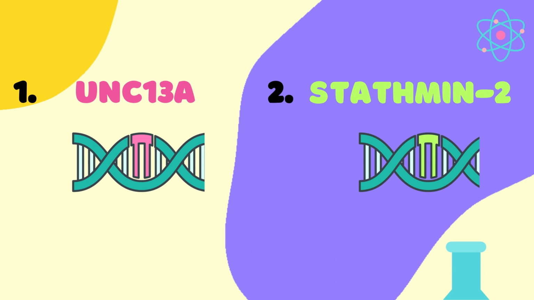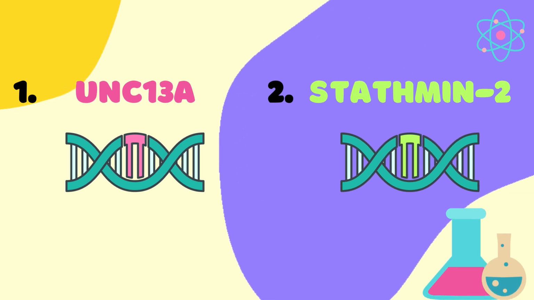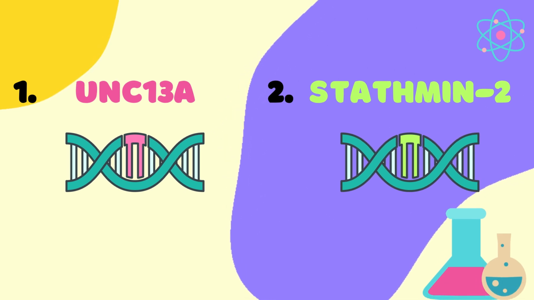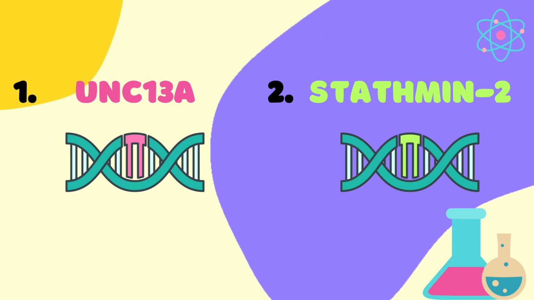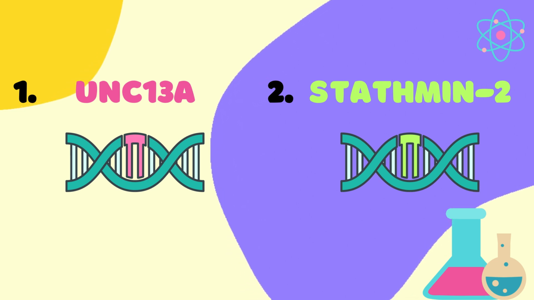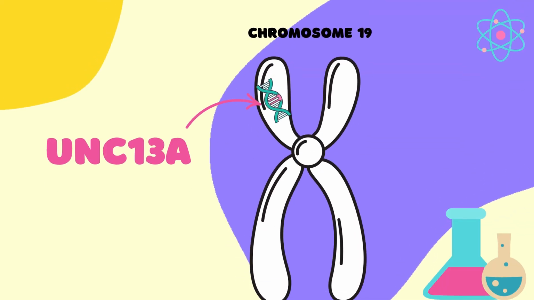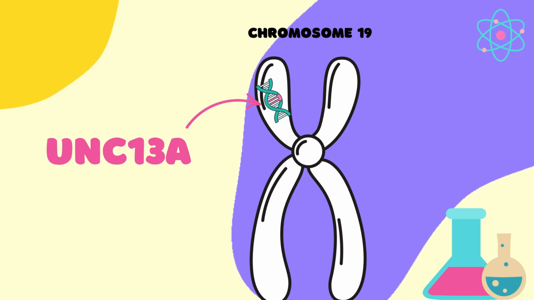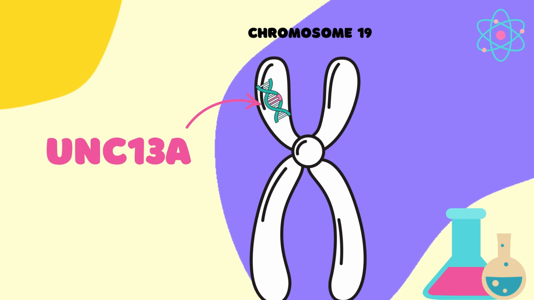Now, I wanted to briefly talk about two final genes, specifically UNC13A and STMN2 (stathmin-2), which are currently a hot area of research. Scientists are actively studying these genes and developing potential clinical therapies based on their roles in ALS. The first gene is UNC13A, which is located on our 19th chromosome,